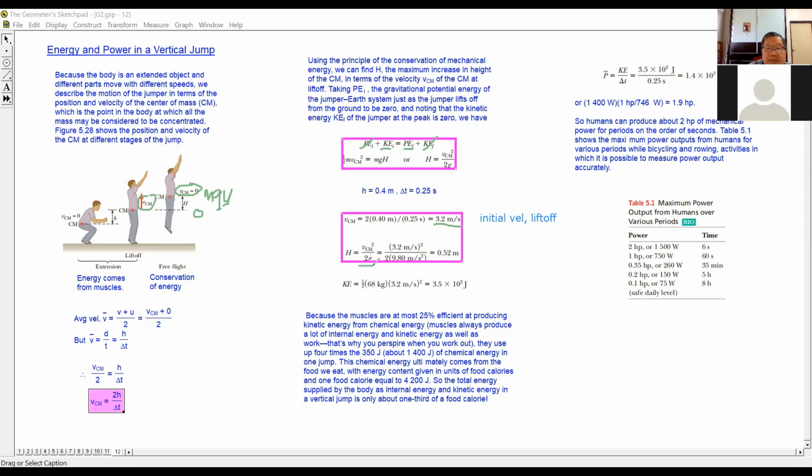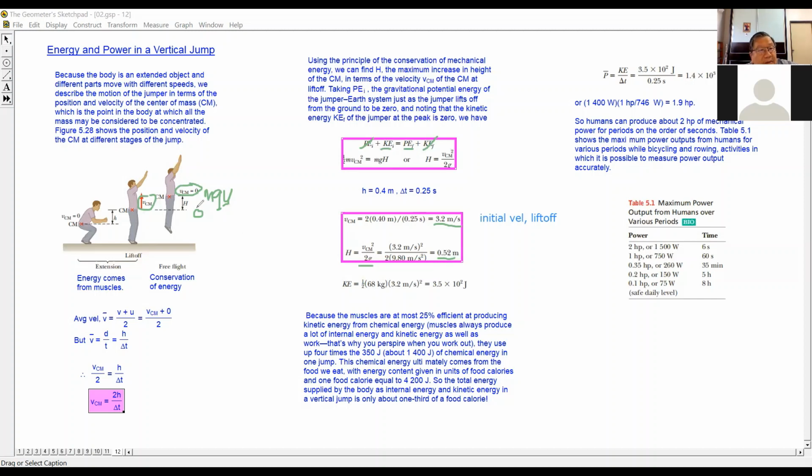VCM over 2G. And where does the VCM come from? It comes from our estimate here, the estimate of the height and the time taken. So it's 3.2. Substitute into this expression: 3.2 squared over 2G. G is 9.8. So the maximum height reached is 0.52 meters. That means when the person stretches himself and leaps up like that, the maximum height he can go is